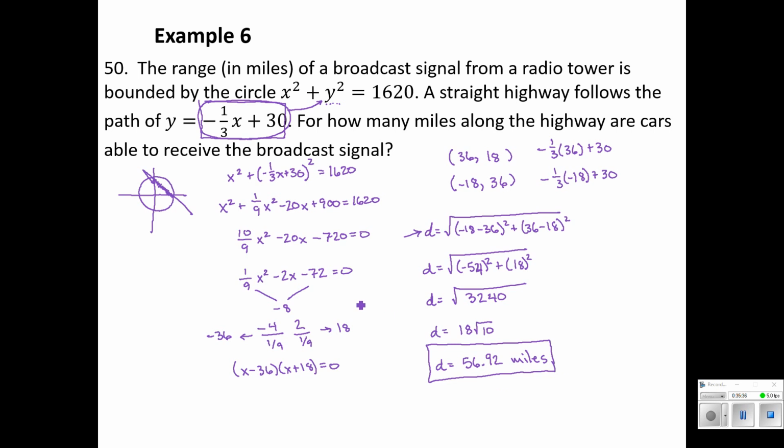So kind of stuck it to the textbook there and did all the work by hand. Always kind of a rewarding feeling when you accomplish a really tough problem by hand. But again, a lot of this work could have been done by a calculator. We could have used quadratic formula here to make our workload a little bit easier. And we may have done that. And then as soon as we set up the distance formula, we could have our calculator do all that work. So really nice problem, though. I really like that one.